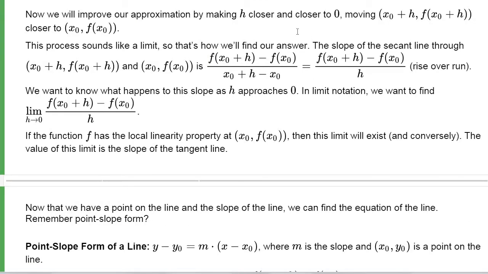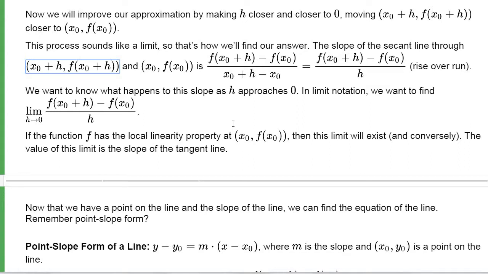Okay, so make h closer and closer to 0, which moves our second point closer to the point of tangency. Now, that sounds like a limit. That's why we went through the whole limit concept before. So the slope of the secant line through those 2 points, so the point of tangency and this point h